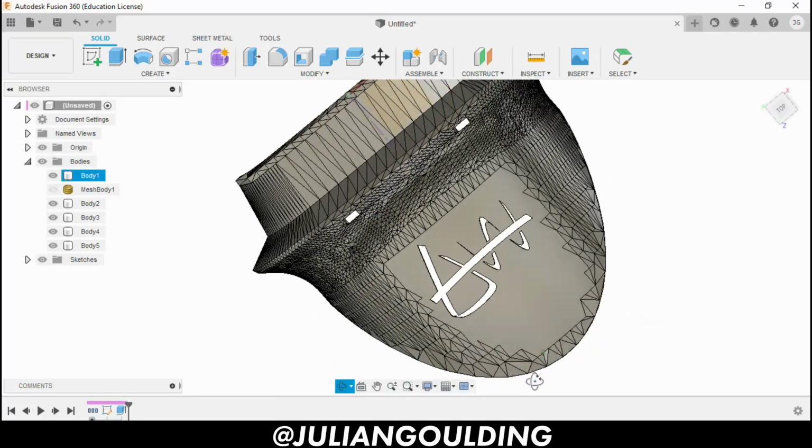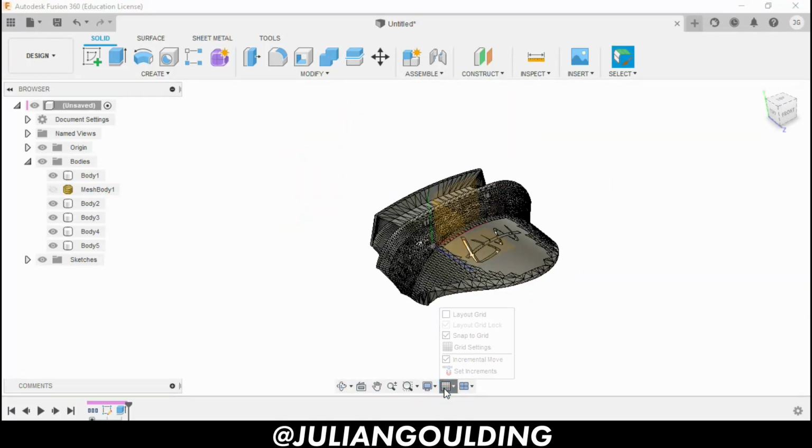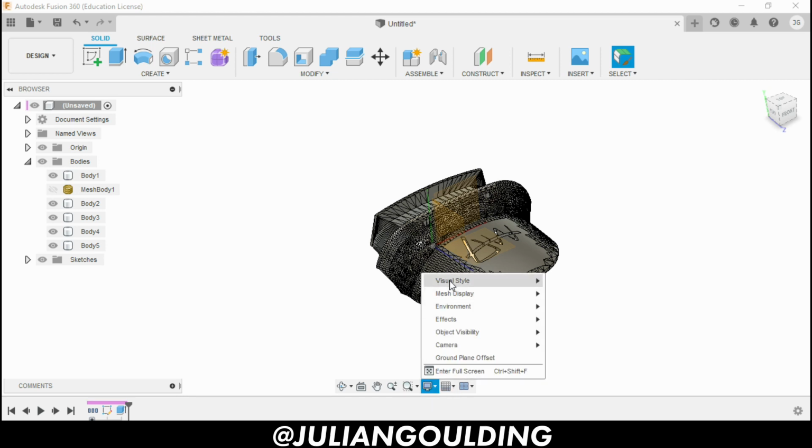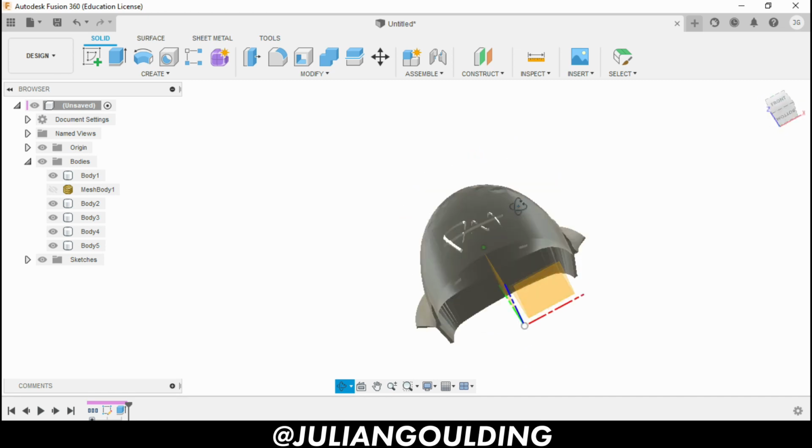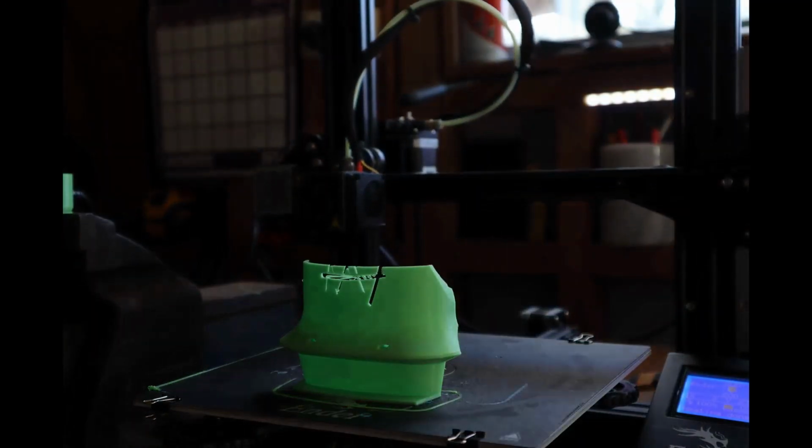Nicely customized piece. What I can do to make it look a little bit better is go back into that visual style, turn it back to shaded, and this will give you a better idea of what the final model is going to look like. Now what we can do is send it to our slicer, bang it on the printer,